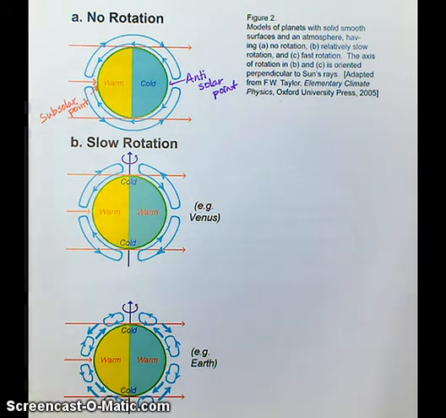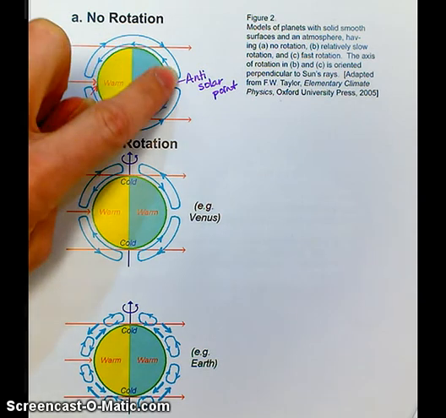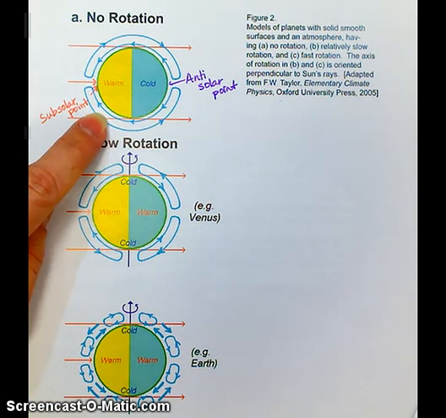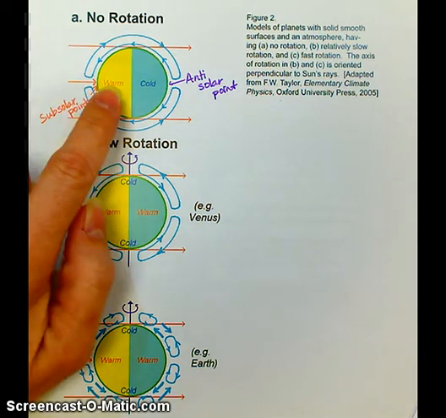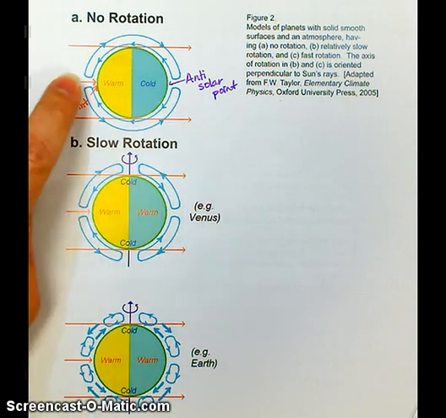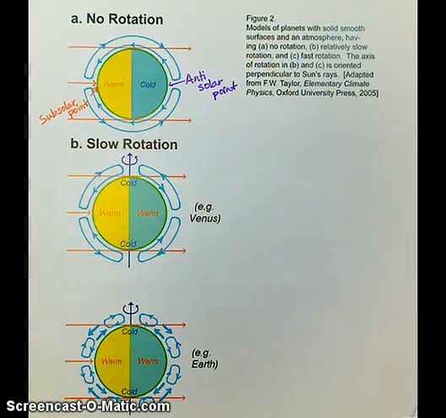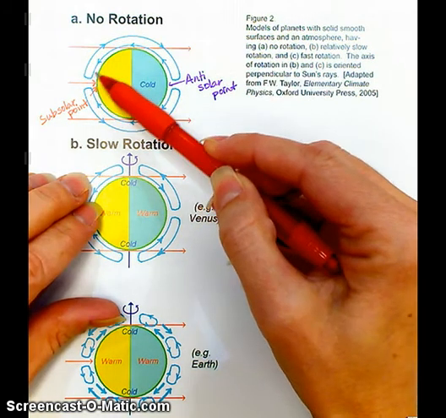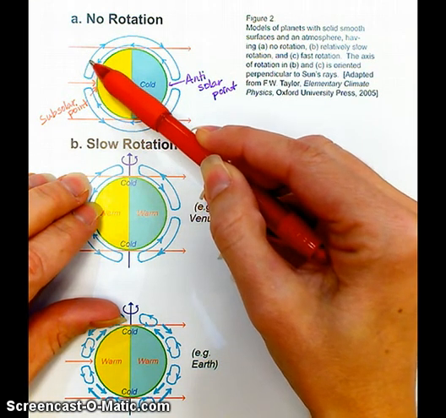Atmospheric motion on this figure, Figure 2A, is depicted in the cross-section by the blue lines with arrowheads indicating direction. Okay, so here are your big convection cells that would be set up for this planet that basically doesn't rotate. It's always got the same side facing the Sun. This side faces the Sun, this side faces away. So we're going to have the atmosphere heated the most here at the equator, and when air is heated, it rises. So it's going to rise, and it's going to move